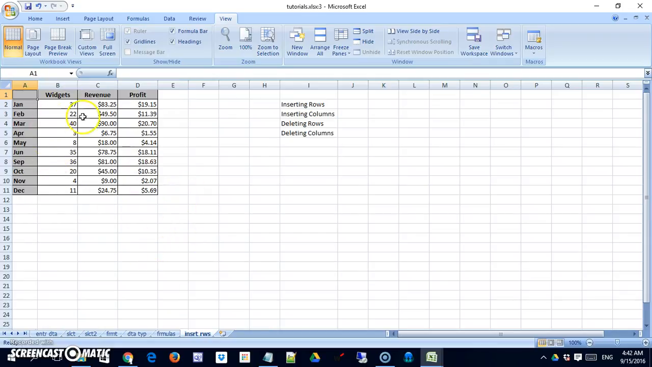If I look at my table here, you can see that I've got some months of the year. This is the number of widgets that I've sold, my total revenue, and my total profit. And when I look at it, I notice that I go through June, but July and August are missing. So it's January through June, September through December. Okay, now to insert July and August in this area, I need to select the row